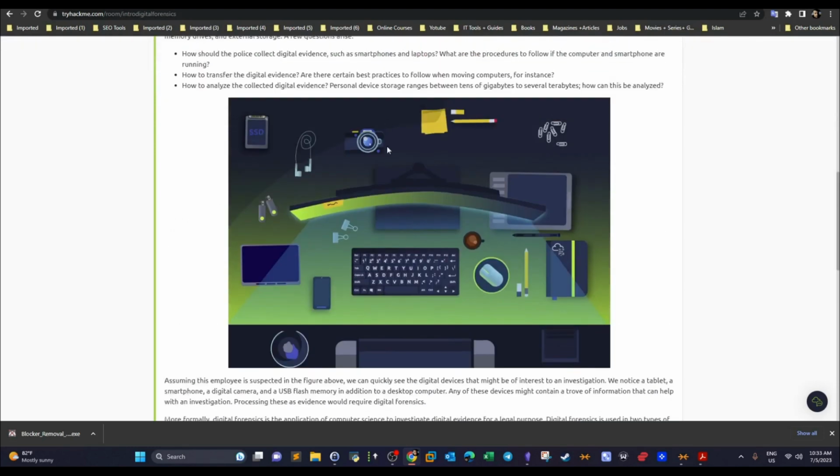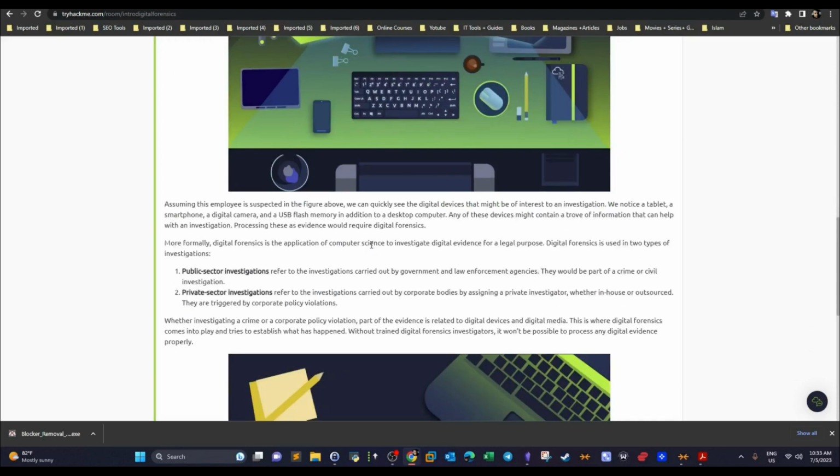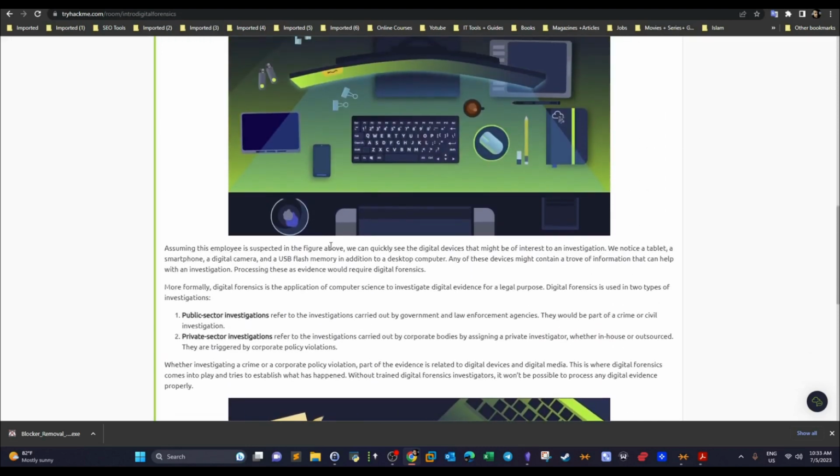Same here, as you can see, it contains cameras, SSDs, USB flash drives, computers, smartphones, tablets. All of these are digital assets. We collect them, or they are collected by the forensic experts or digital forensic experts. Of course, after obtaining the legal authorization to approach these assets. Now here in this room, they have